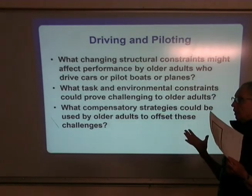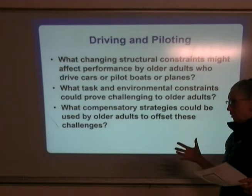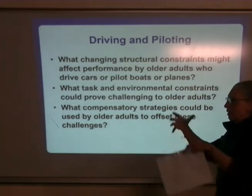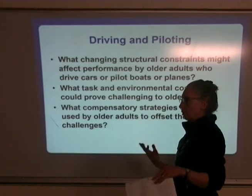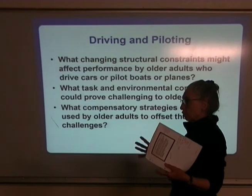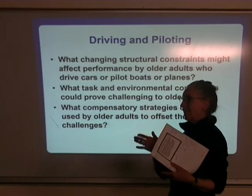Especially, I think it's quite an interesting topic in the US because of the size of the country, right? And so many more people drive or fly in the US than maybe in the UK, especially at older age, right? So, you know, it's quite an emotive subject. Should someone who is 90 years old be driving a car, right? Not can they drive a car,